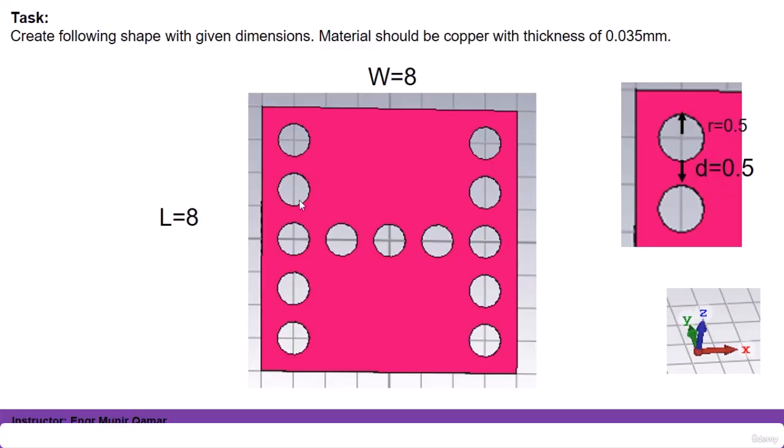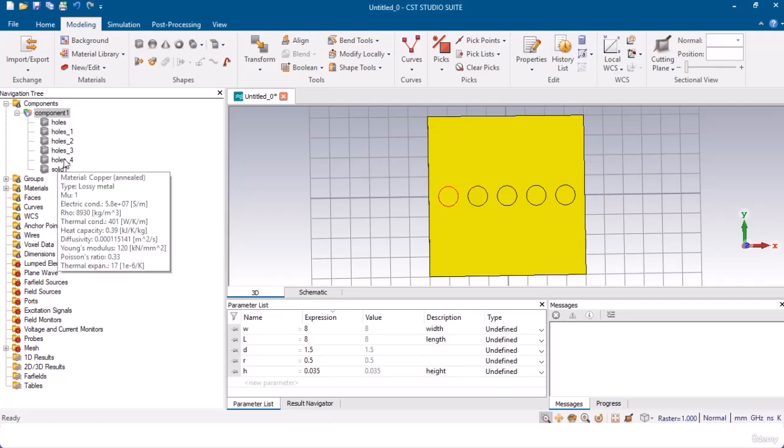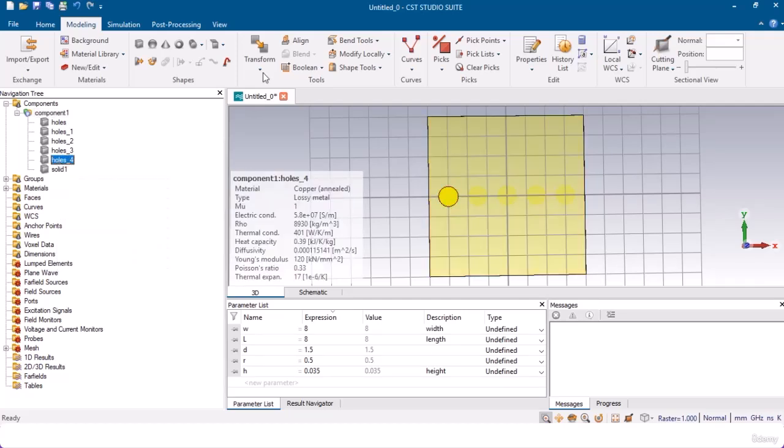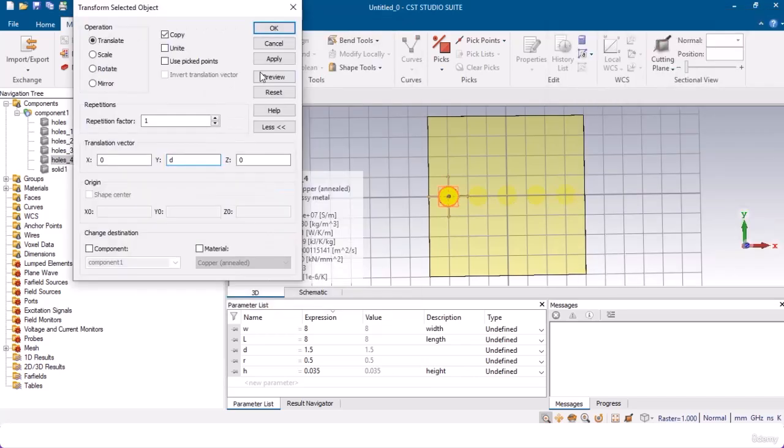Now I need to create the other slots which are oriented in the y axis direction. So for that I will click on the one hole which is on the left side. I will click on the transform, click on the translate, press on the copy, and now in the y axis I will write d, and as you know the value of d is 1.5, so I will make two copies of this circle and I will apply, and you can see that two other slots have been created in